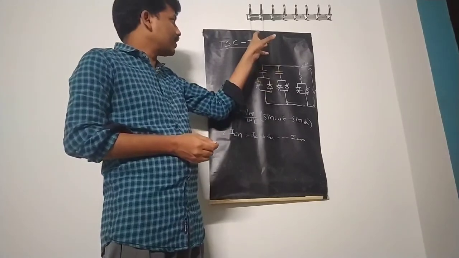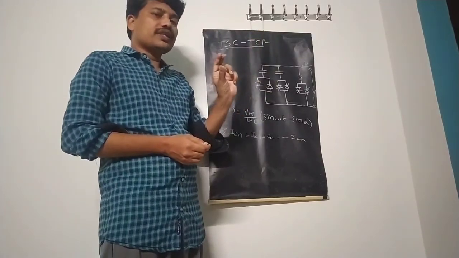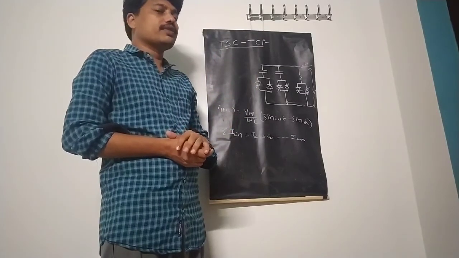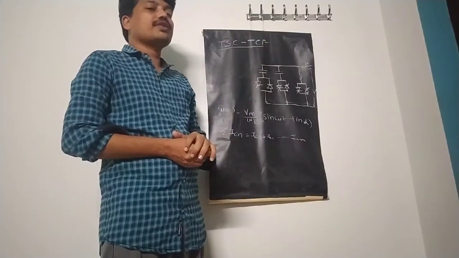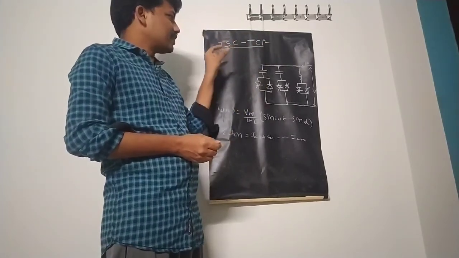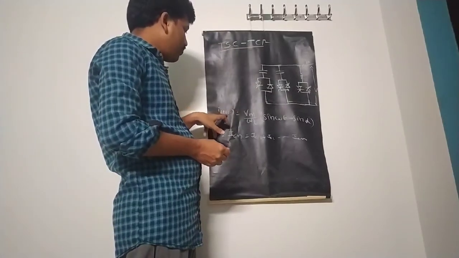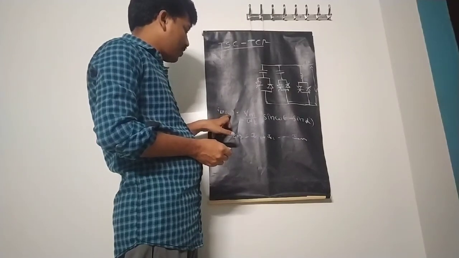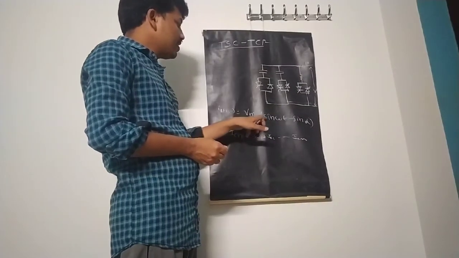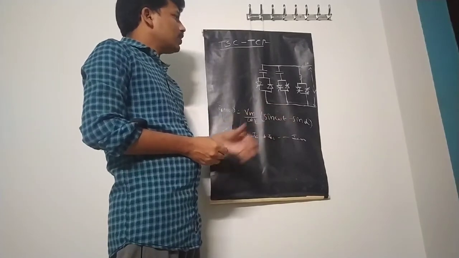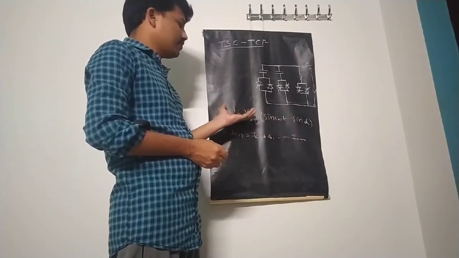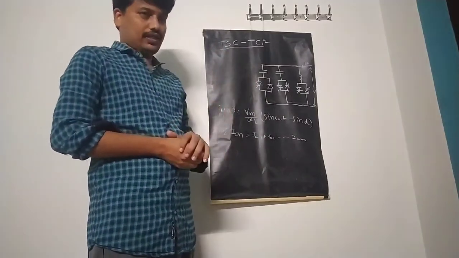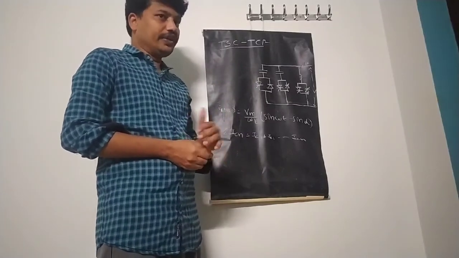In the case of the thyristor controlled reactor, the current through the inductive reactor can be changed with the help of alpha. If we change alpha, the inductive reactor current changes. It is a function of alpha. Therefore the fundamental inductive current is I_L(alpha) = Vm/(omega L) (sin omega t - sin alpha). In the examination you don't need to derive this equation, because our syllabus mentions TSC-TCR, so we directly take this equation from the TCR.